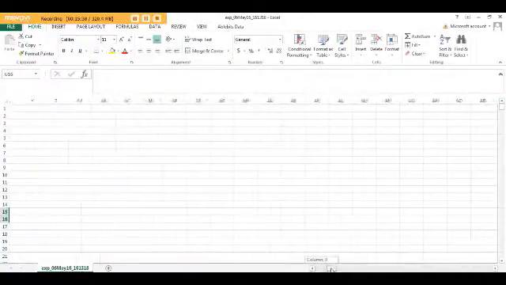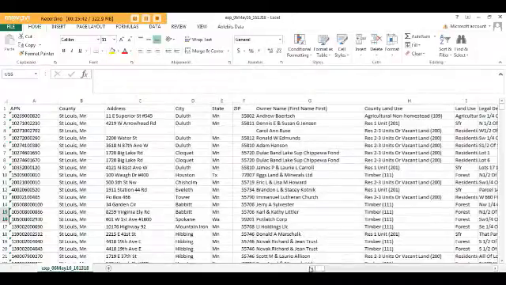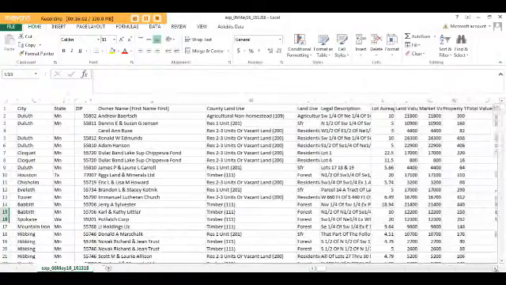You can just delete all these columns, get rid of them, and just leave this. We need the APN, we need the county, we need the mailing address of the person, this is the mailing address, and we need the owner's name with the first name first. And we need to know